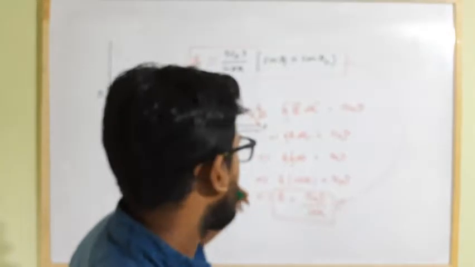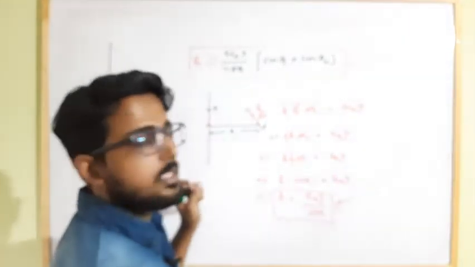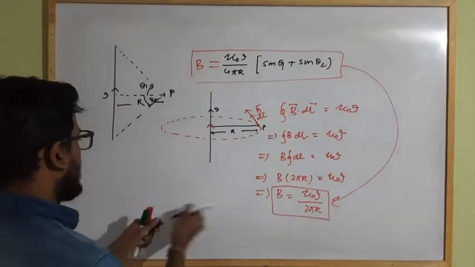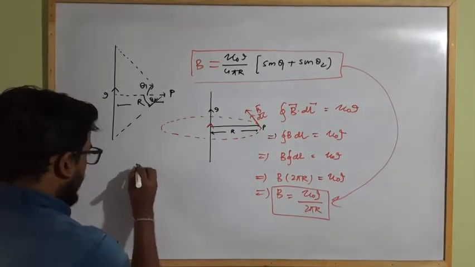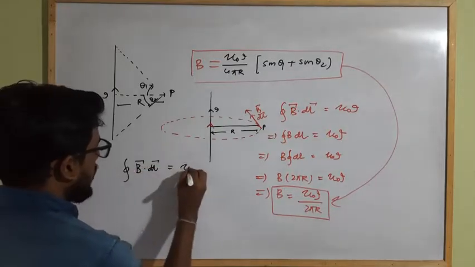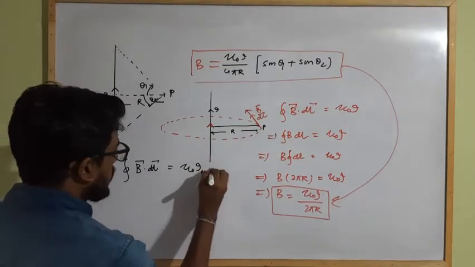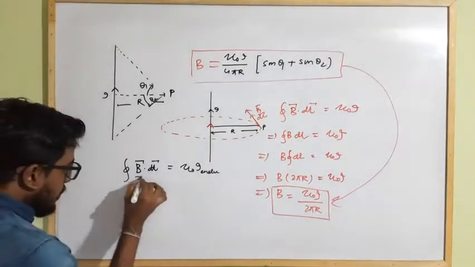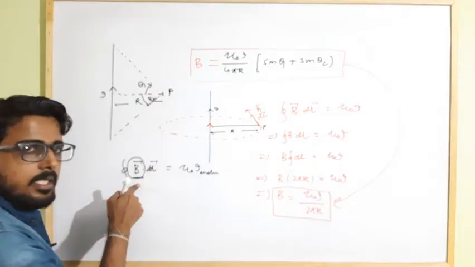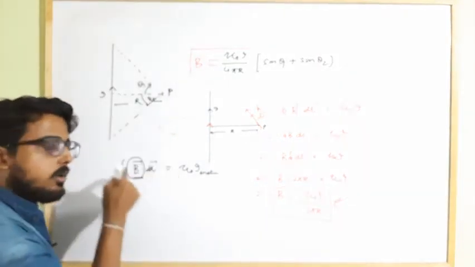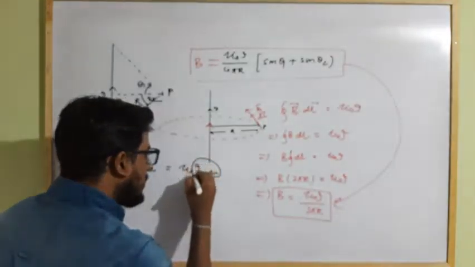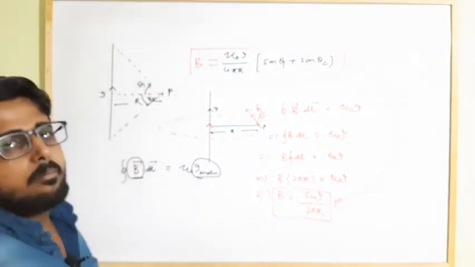No, Ampere's circuital law is a universal law. Just remind yourself what I said in the last class. In Ampere's circuital law, the closed line integral of B dot dl vector equals mu naught I enclosed. Here B is the net magnetic field strength due to all the current carrying conductors present, and I enclosed is only the current enclosed by the Amperean loop.